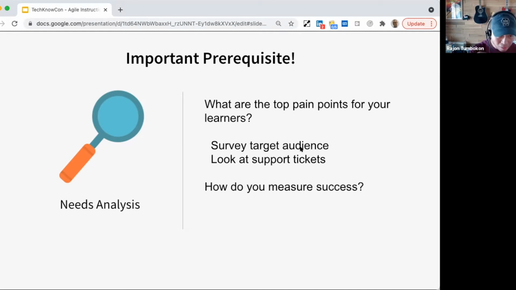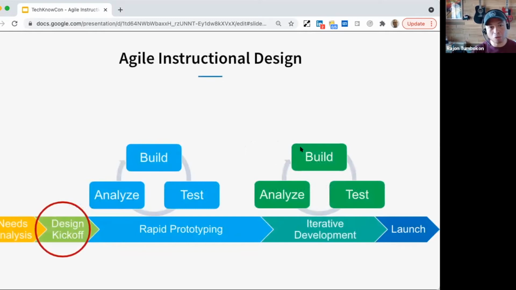So conduct a needs analysis, make sure that training is the right solution. And if it is the right solution, know what kind of business or behavioral impacts you need to know to know whether or not your training is successful.